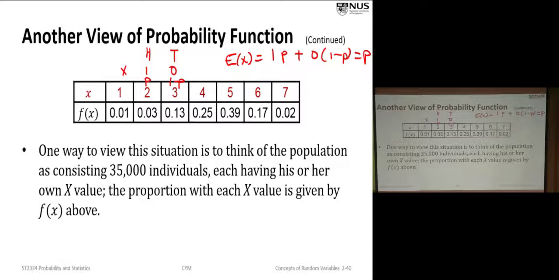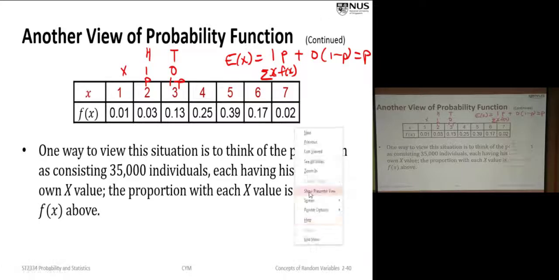So you have to change the interpretation. I'm talking about, okay, the chance of getting a 1 is p. The chance of getting 0 is 1 minus p. What do you expect? The expectation is x times f of x and then sum them up. Here I have only 2 values. X takes the value 1 and 0. The corresponding probability is p and 1 minus p, and then I work out the expectation. Sorry, the expectation of x is p.